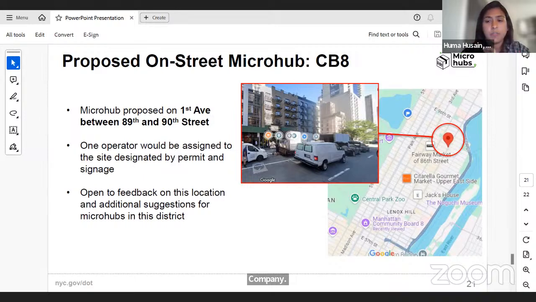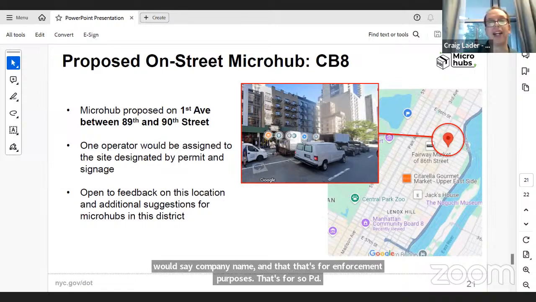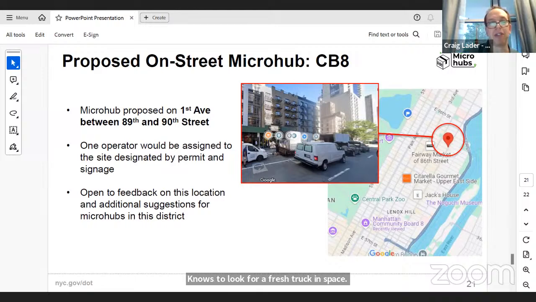And if you're familiar with what car share signs look like, they have a little wider sign below that says Zipcar. This would say the company name. And that's for enforcement purposes. That's so PD knows to look for a Fresh Direct truck in the space. Okay. And then the companies themselves would have to self-police in terms of